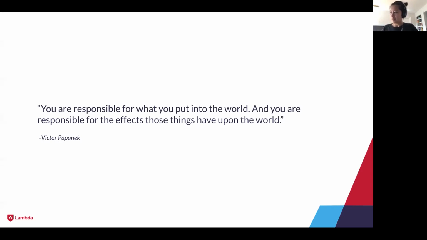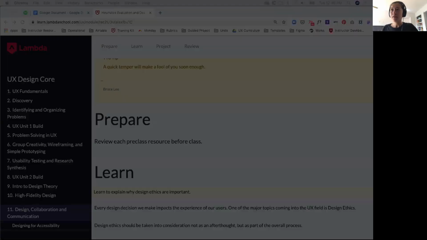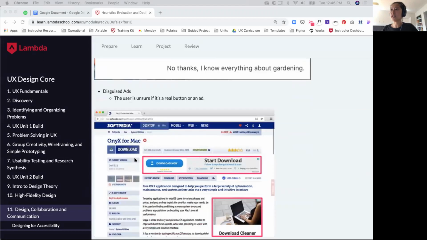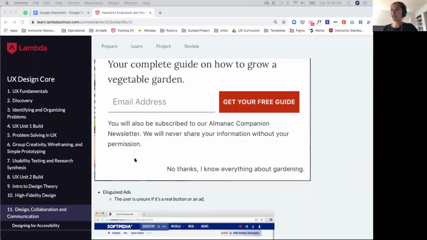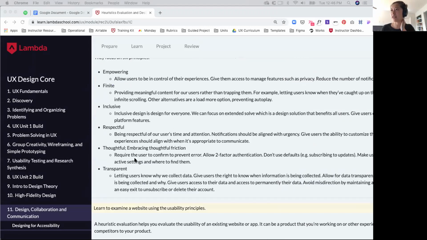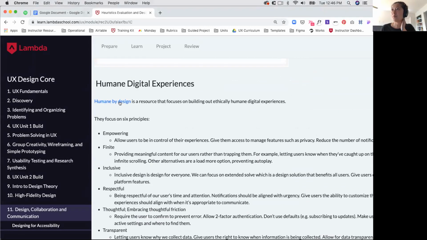Awesome. All right. So if you'd like to read more about Humane by Design, there is a section available in the training kit. I've gone ahead and actually added in all the images. They weren't there before, but if you'd like to refer back to them, they are here. But if you go into Humane by Design,